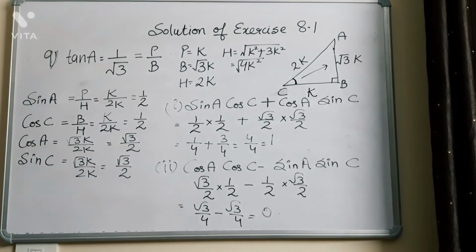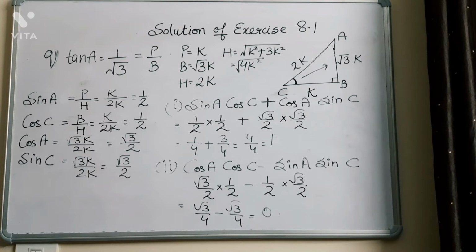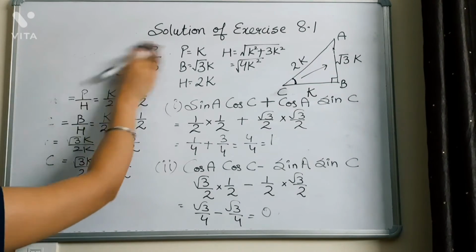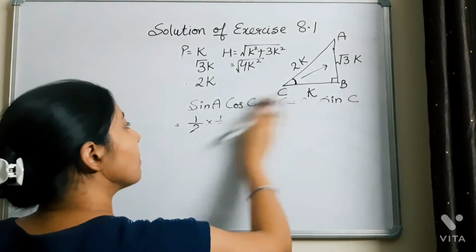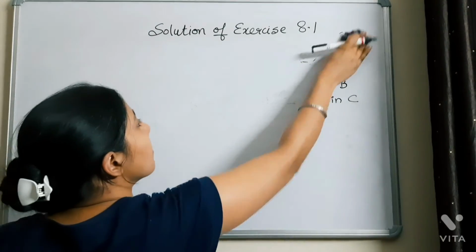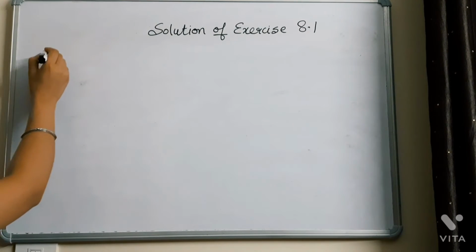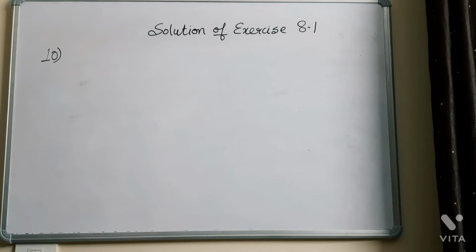Fine. So now note down the solution of the question in your notebooks. This is how you people can solve the question number 9 of exercise 8.1 trigonometry class 10th NCERT books based on CBSE syllabus. Now we will be solving the question number 10. Please watch this video till end to get the solutions of all questions.